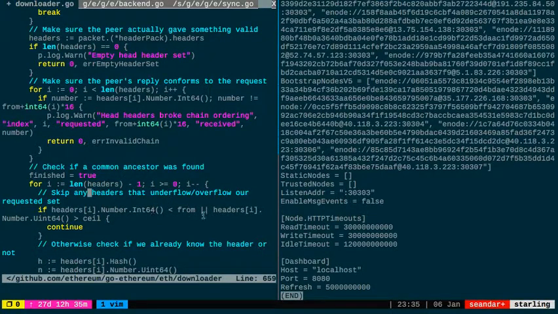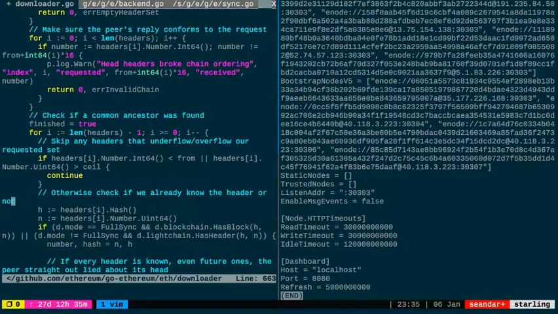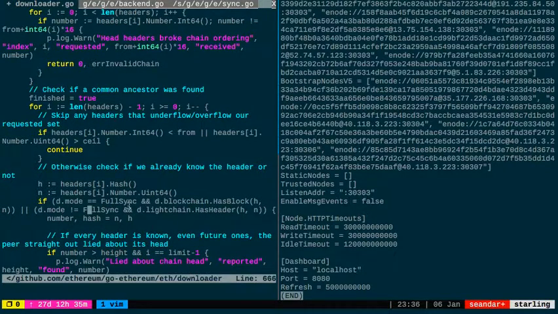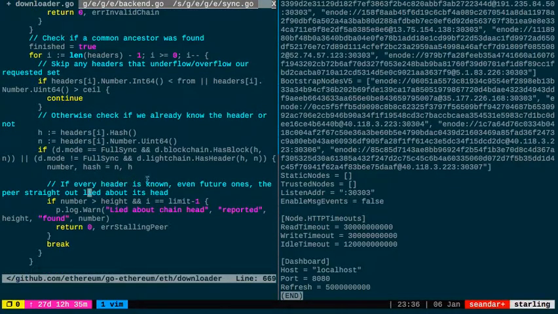So you ignore the stuff that's not in your range. They get the hash of the header, they get the number. Then we look through our blockchain to check if that hash and that number exist. If it is known, even the future ones,